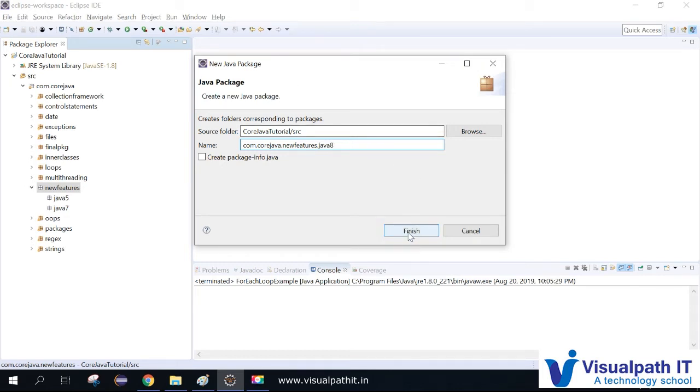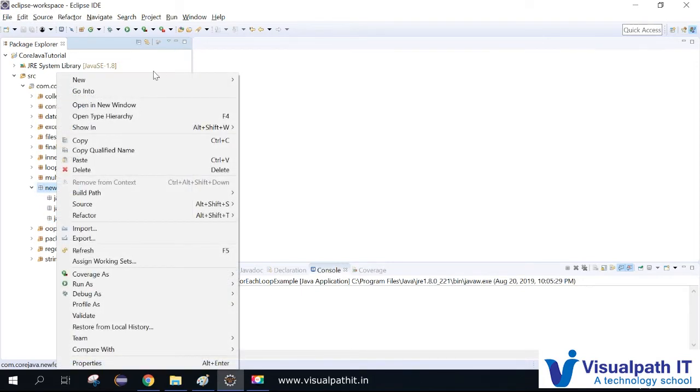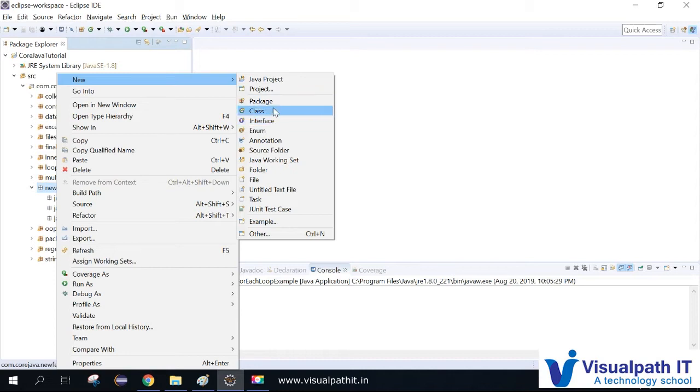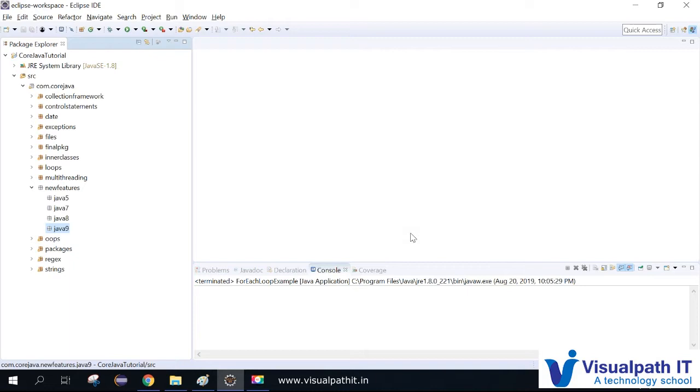In Java 8 a lot of new features have been implemented, and you will get to know them once we get into that. There are a lot of benefits for a programmer, so very minimal code you have to write for doing a lot of operations. And Java 9. So these are all the topics we're going to cover in this series of tutorials first, then we can see the advanced Java topics.